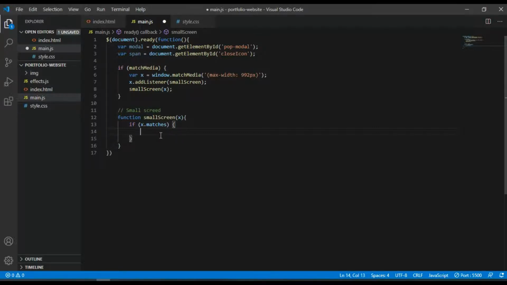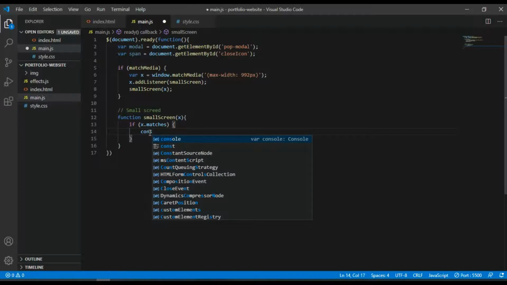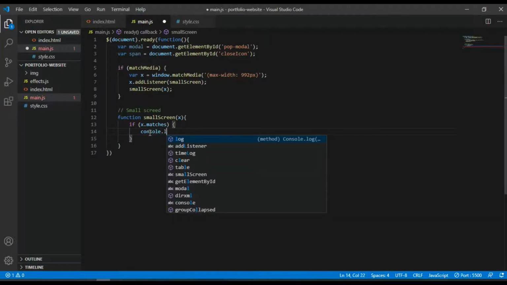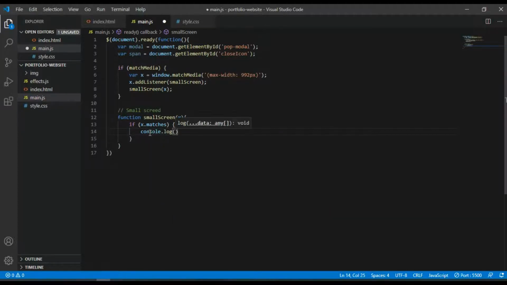What I was trying to say here is if x matches our major query, we are going to do something. In this case we are just going to do console.log. If it meets a small screen or tablet screen, it's just going to console.log small screen.